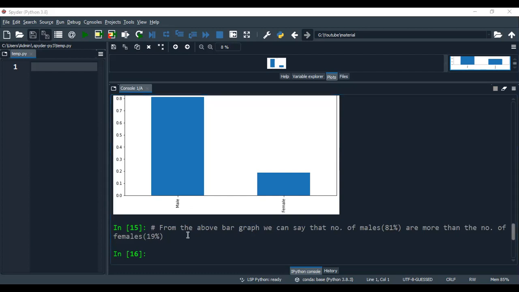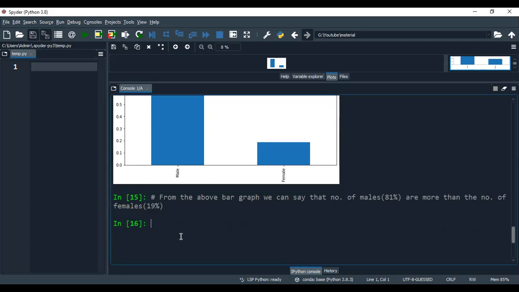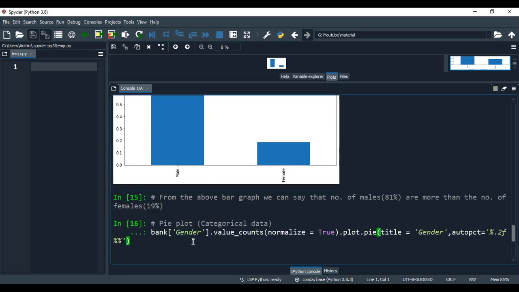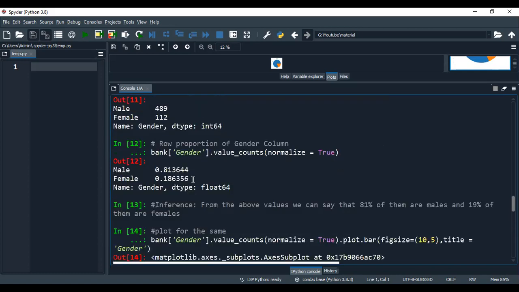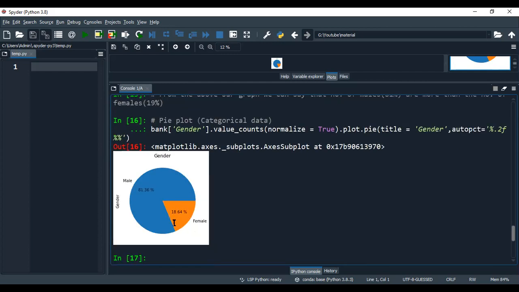Next, for a categorical column like gender, as we have drawn a bar plot, we can also draw a pie plot. So the pie plot for the same gender column we can have like this. Can you see here, 81.36% are male and 18.64% are female. You can cross check with the table that we got earlier, the value counts. In line number 12 you got the same value, and this has been plotted in the pie plot.